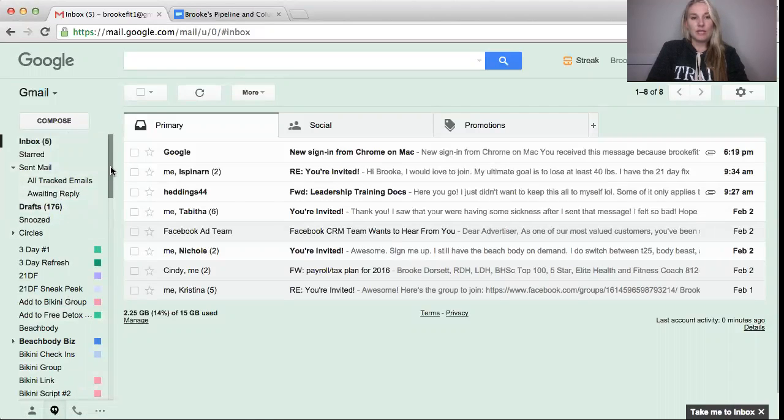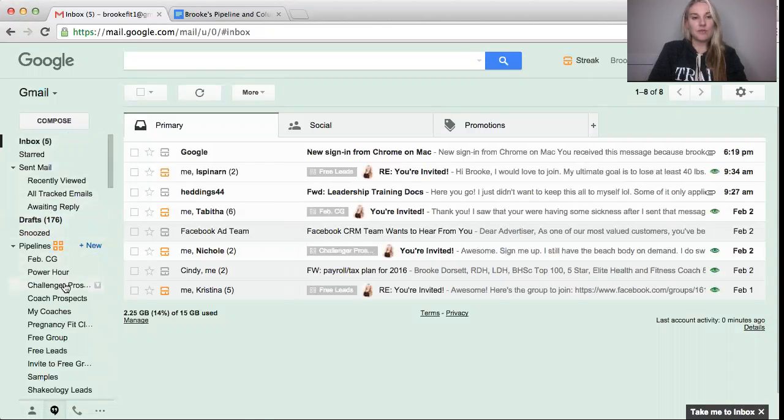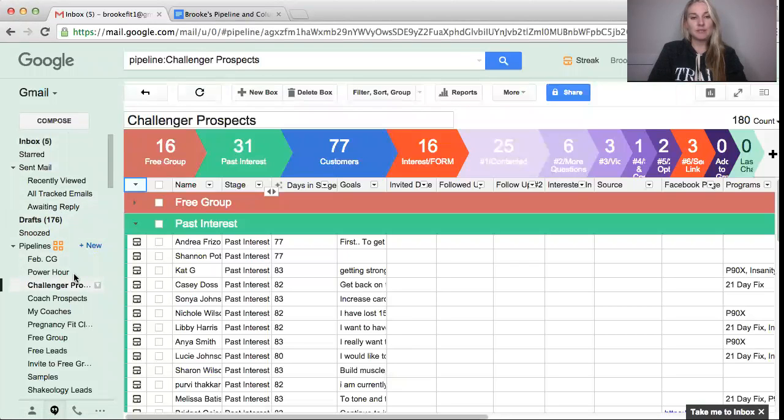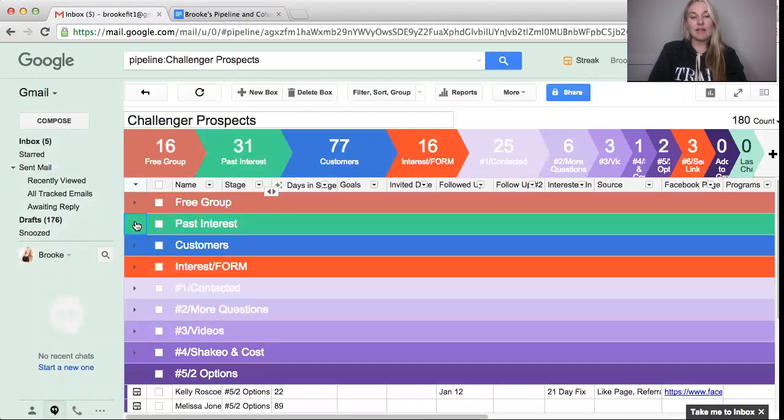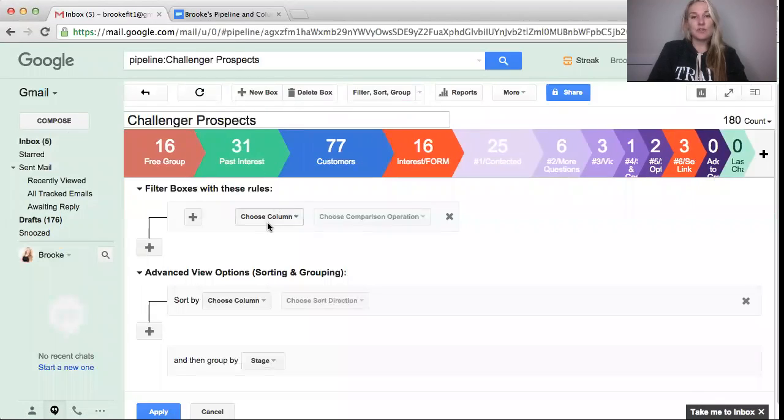Okay, so if I go into Challenger Prospects, and say people were interested in the 21-day fix, and what I want to do is find people who are interested in 21-day fix because it's on sale this month. So I'll go filter, sort, choose column, interested in, is in any of, I'm actually going to say 21-day fix here,